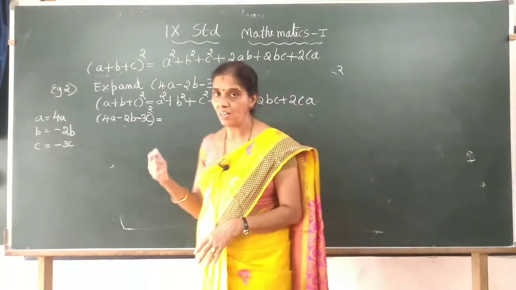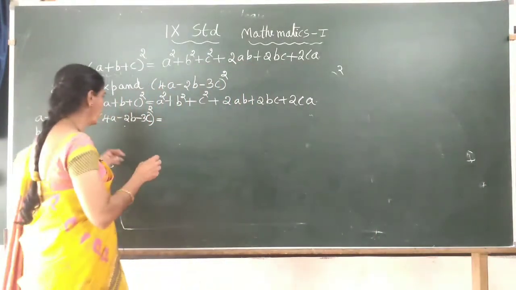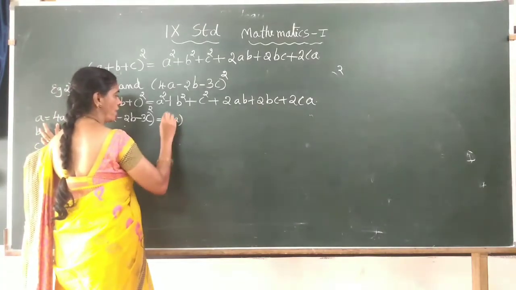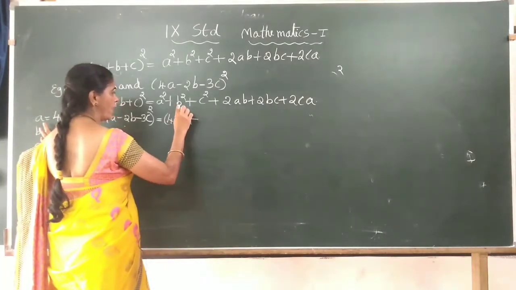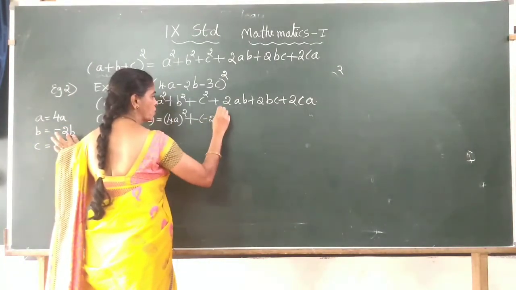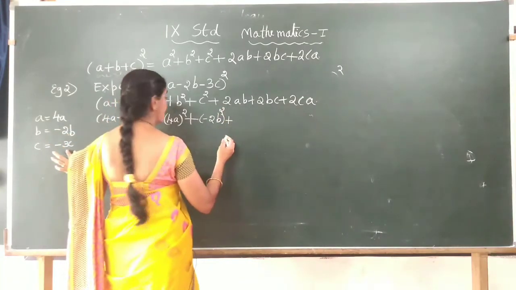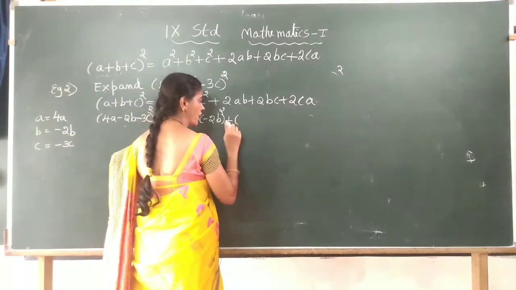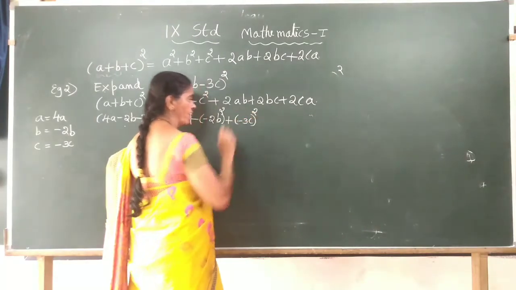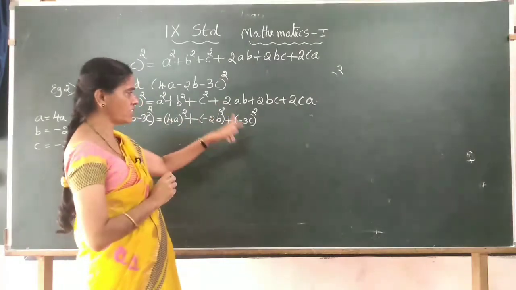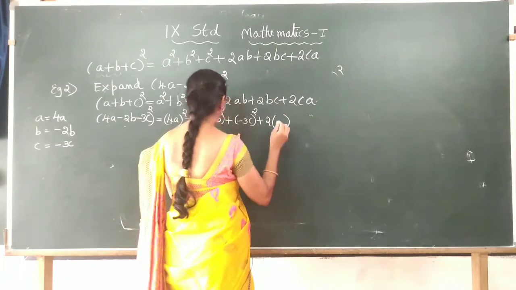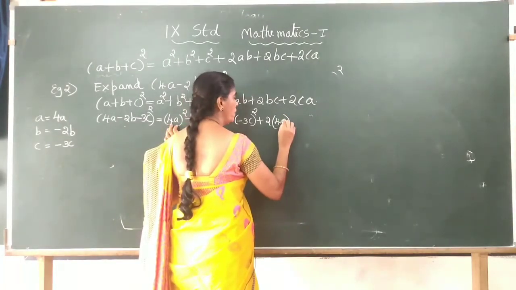Now we will substitute the identity values in the given problem. First, A square. A is how much? 4A, its square, plus B square. B is how much? It is minus 2B whole square, plus C square. C is minus 3C, so use a bracket because a plus sign is already there. There should not be confusion. In this way: A square plus B square plus C square, plus 2AB,